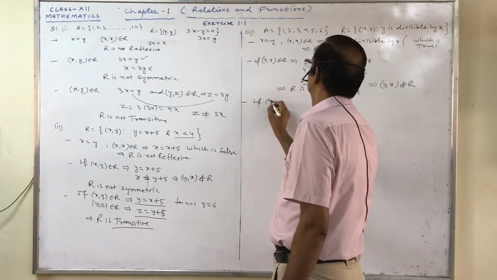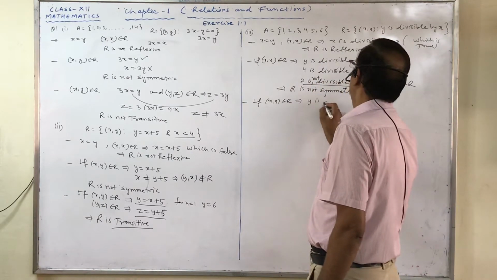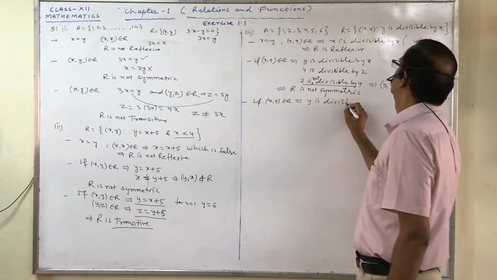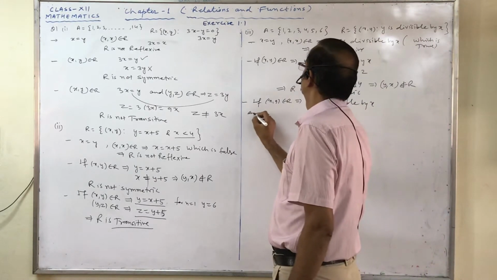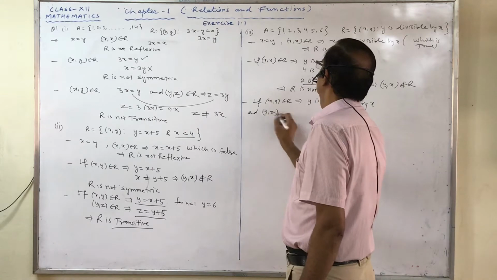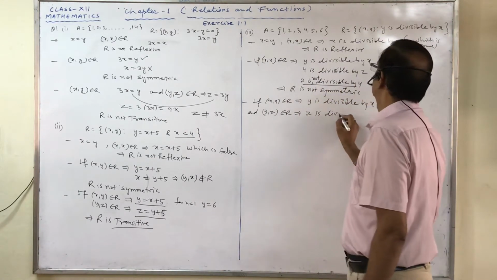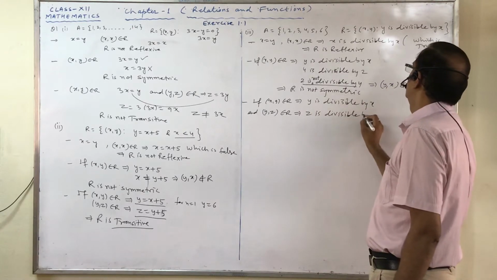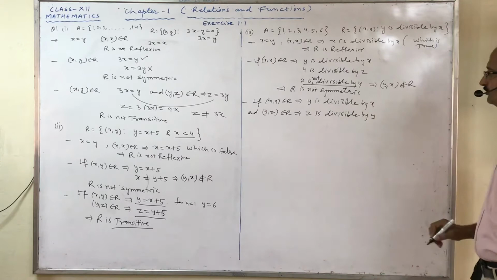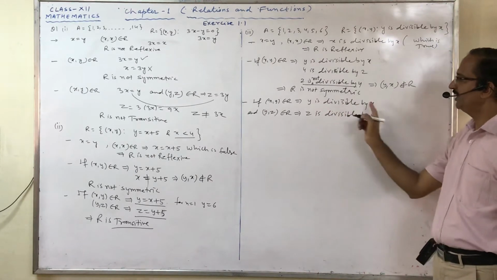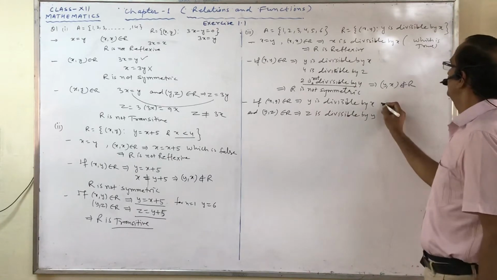If xy belongs to R, this implies that y is divisible by x, and yz belongs to R, this implies that z is divisible by y. So clearly, when y is divisible by x, it means, suppose we are taking one example,